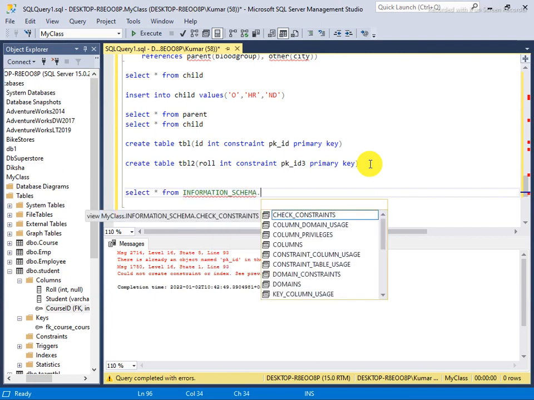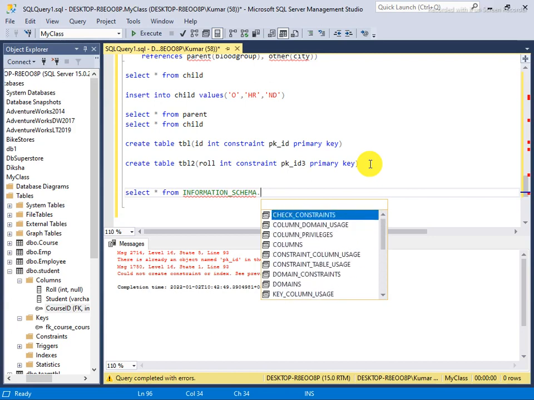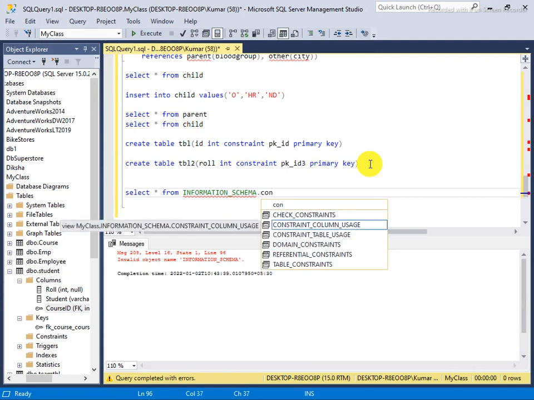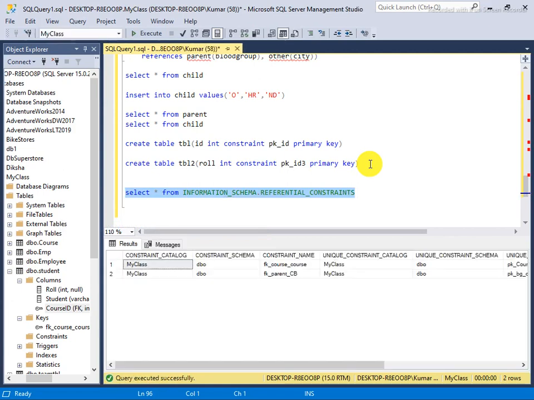So here are all of the constraints. Similarly, referential constraint, where I am not telling about any table name.